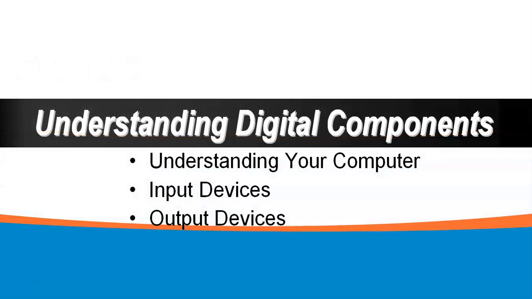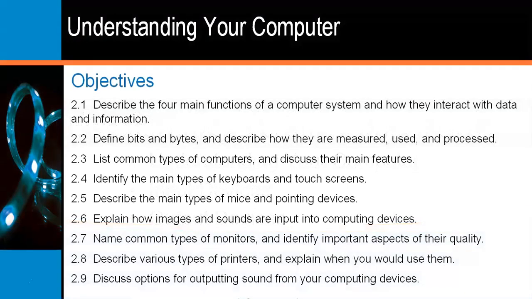Chapter 2 talks a little bit about understanding the specific parts of the computer, and that's what we're going to briefly talk about this week. We're specifically going to talk about understanding your computer: what are input devices, what are output devices. And when we talk about that, we are going to talk about things like the four main functions of a computer system. We're going to revisit that, and in fact, you're going to find we're going to revisit that a lot. It's a good piece of information to leave the semester with, because no matter what you do, whomever you are working with, you're going to find yourself bumping up against this stuff, and it's good to know how it works.